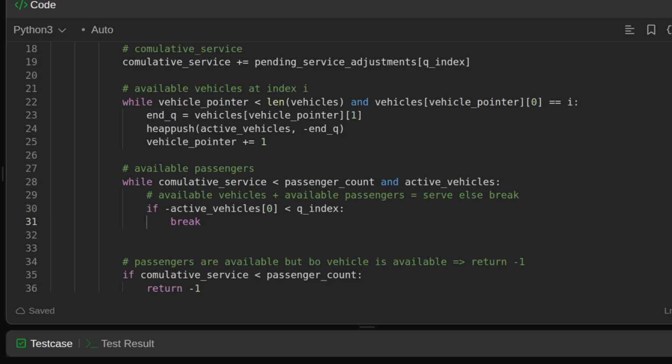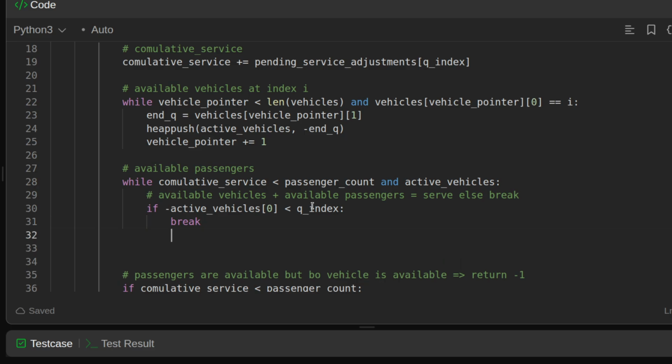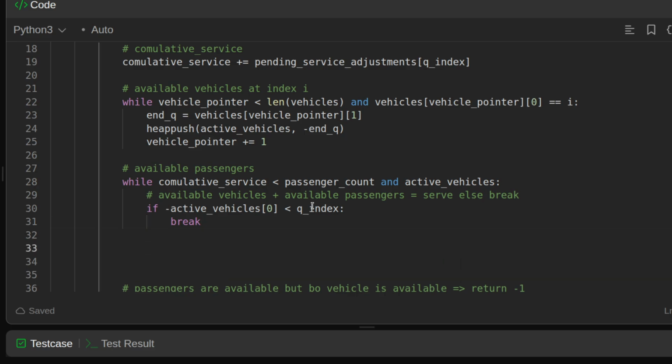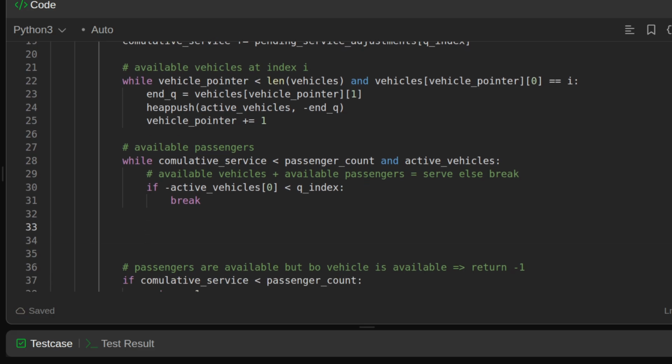it will break. What does this mean? It means that no usable vehicles are left that cover this queue. Means a vehicle is there, but this vehicle is unusable for this case. We will see what it means later in the dry run, right? Now, if this is not the case,